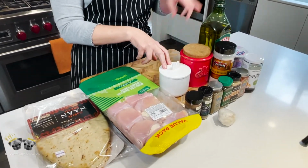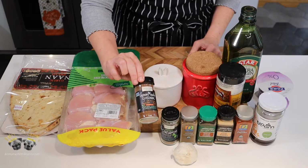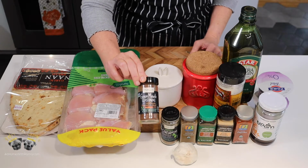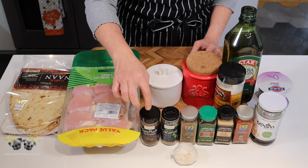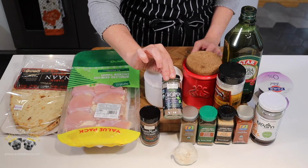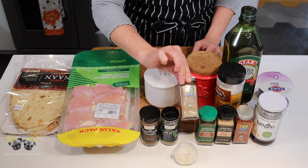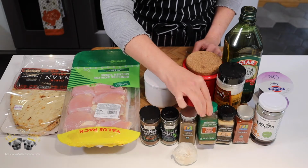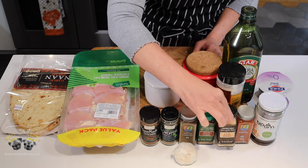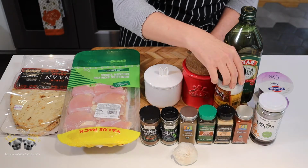You've got salt and pepper. You've got your olive oil. This is the only one we're using 1 teaspoon of, the garam masala. This is a relatively new spice to me that I only started using once I made chicken shawarma. And then we've got the 2 main spices that make up a shawarma, cardamom and coriander, okay? Then we've got cumin, we've got garlic powder, and we've got paprika,